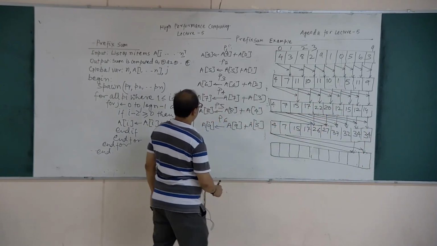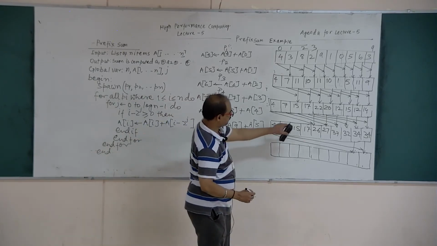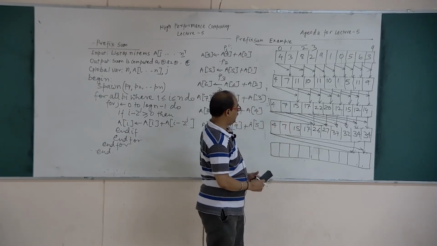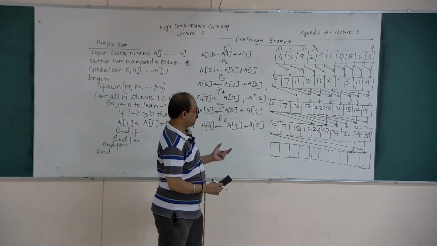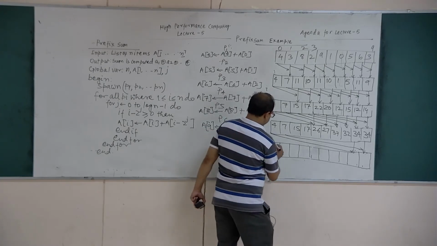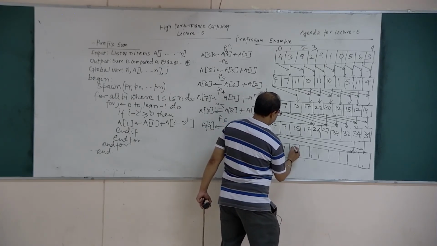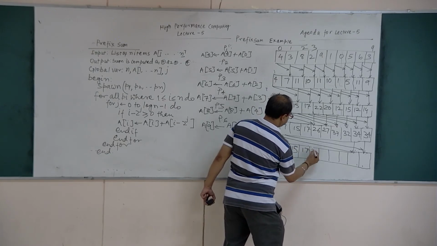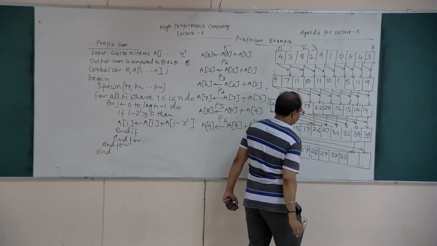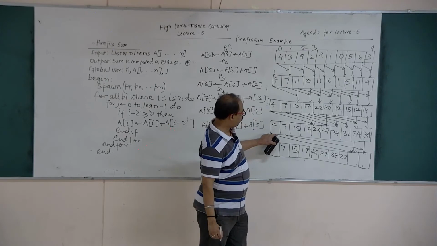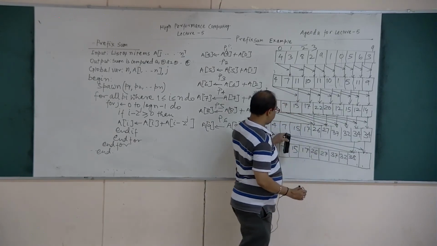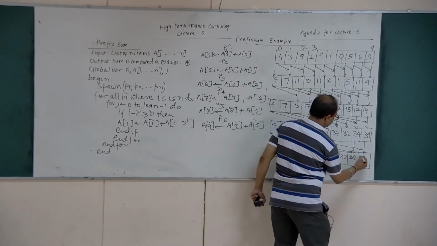So next, moving on, we will use N minus 8 processors. So we have N minus 4, N minus 8, and so we will use only two processors, 8 and 9, or you can say 1 and 2, and so here the rest of the things will be copied, and so you can see 4 will be added with 34, so it will give you 38, and 7 is added with 34, so it will give you